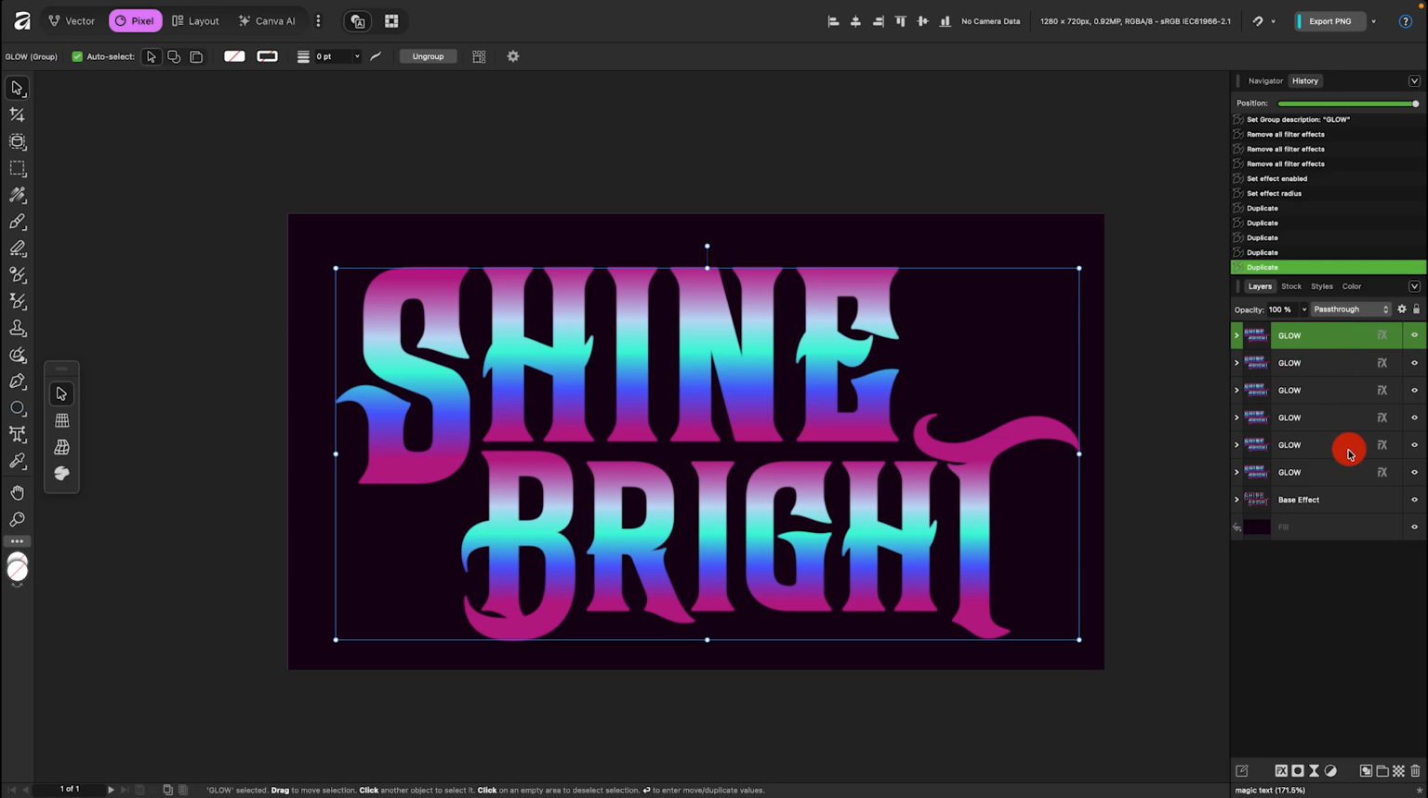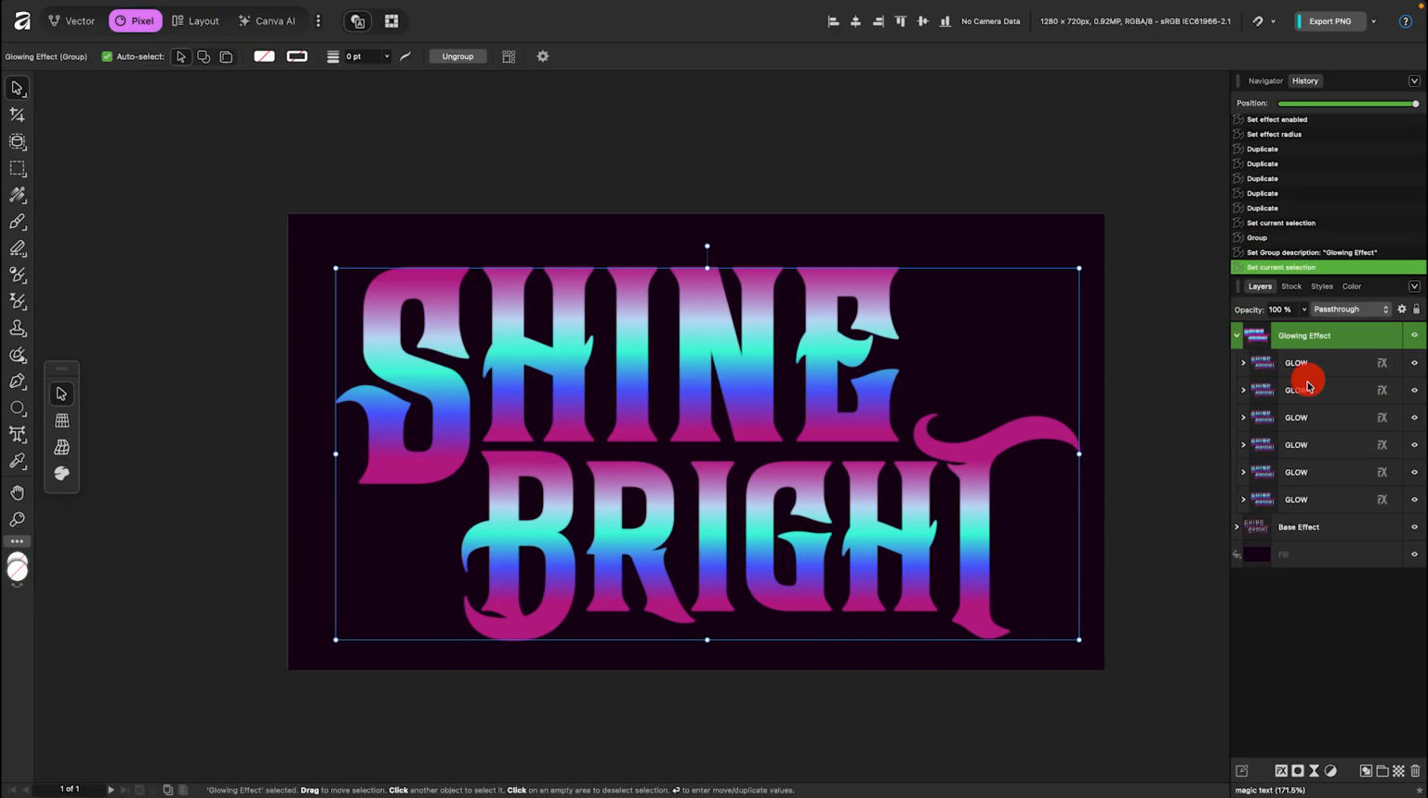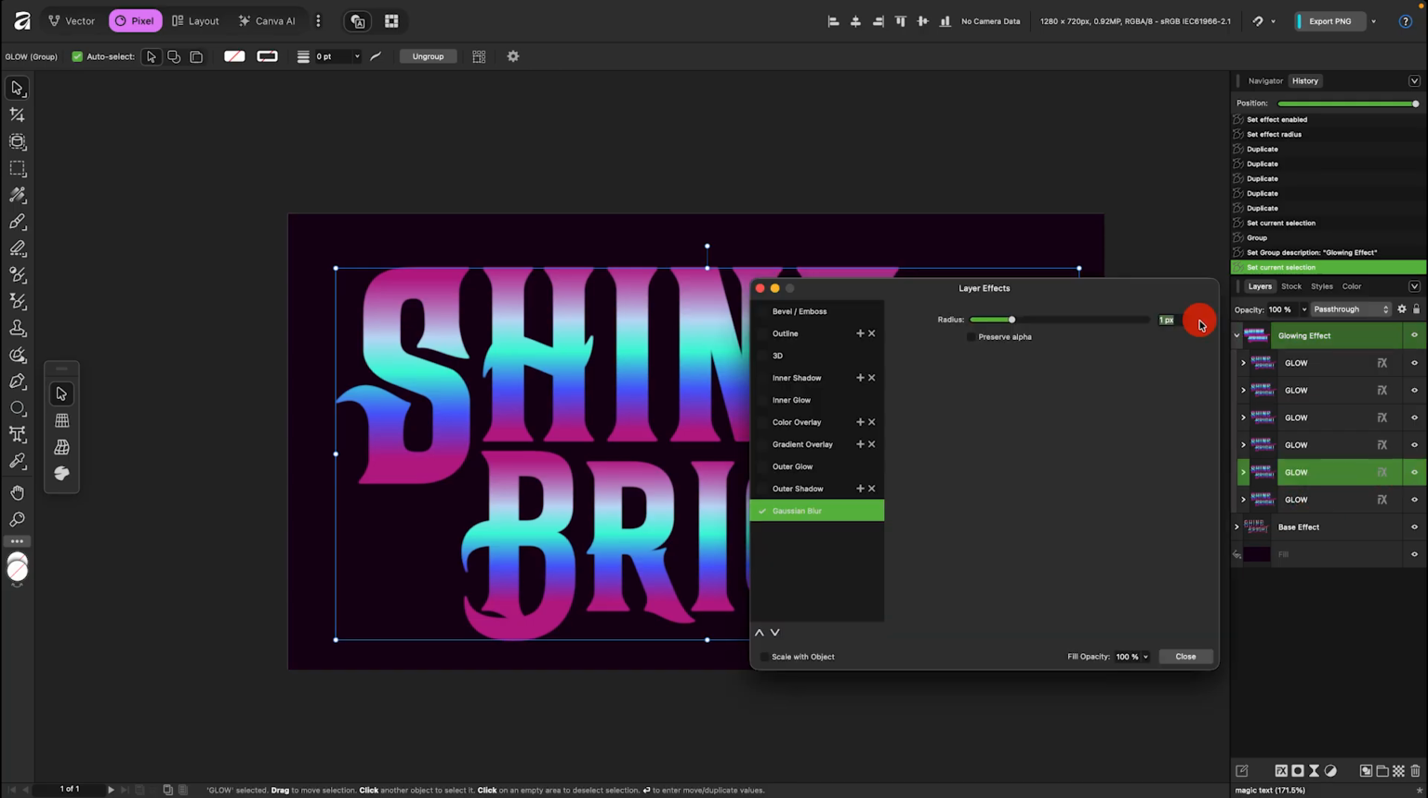Now holding Shift, select all of your groups titled Glow and put them in their own group. Title this parent folder Glowing Effect. So when you open this folder, you should have 6 groups within one group. Now starting with the second group up, click on Effects and increase the Gaussian blur from 1 pixel to 5